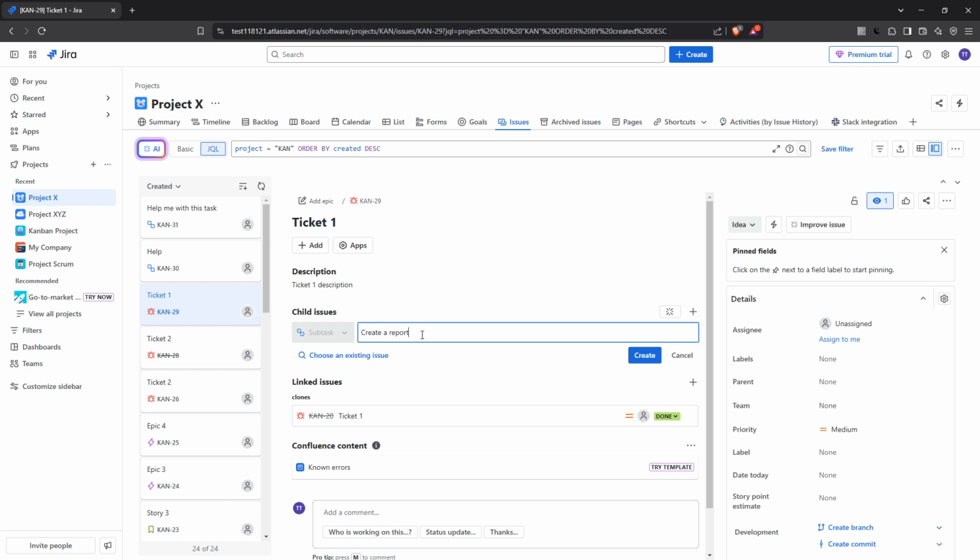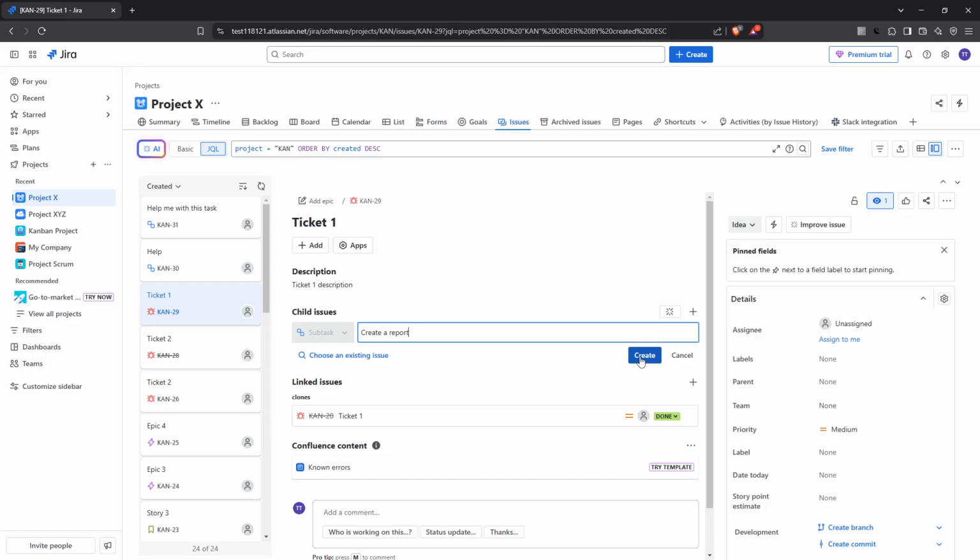With the child issue template now open, you can proceed to enter the details for this subtask. Be as specific as possible here, provide a comprehensive description of what needs to be done, assign it to the right team member, and perhaps give it a label or due date to further categorize it. The clearer the details, the easier it will be for everyone involved to follow the progress and ensure the subtask